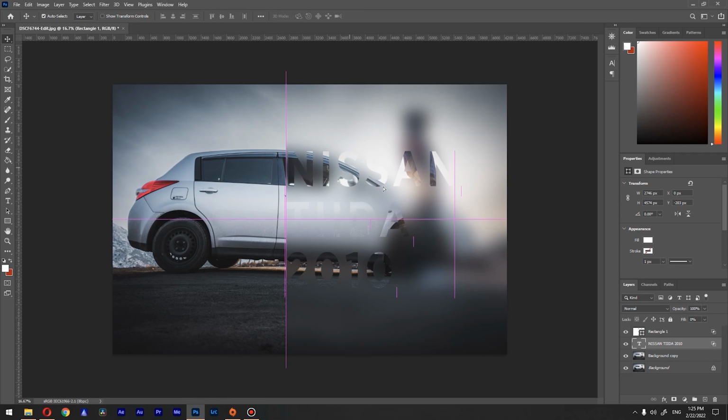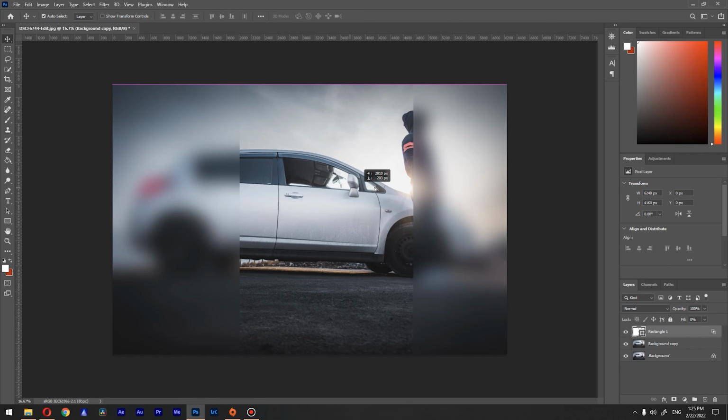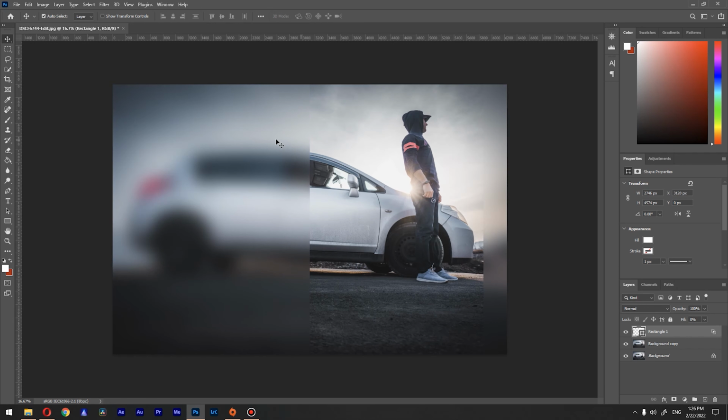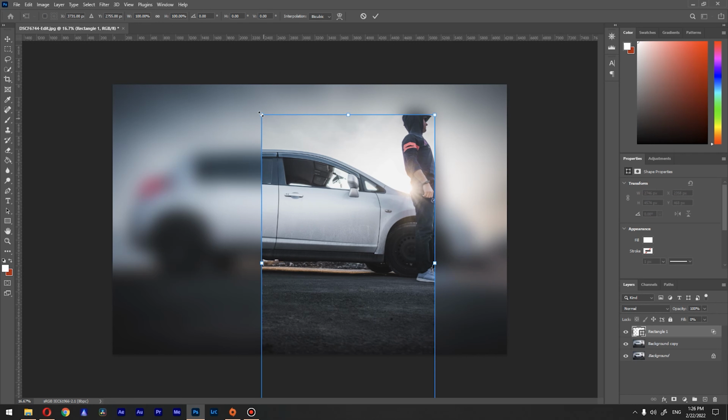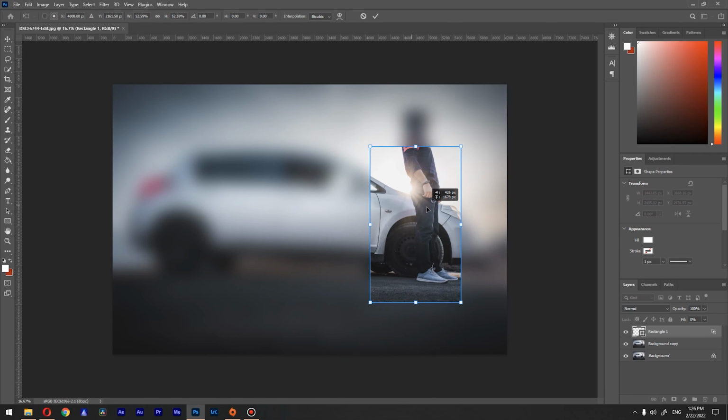have the freedom to adjust. So let me remove the text, and you can see that I can move my shape, or I can go and create another shape and do the same basically with that shape. For example, if we want to go with something like this, we can do it.